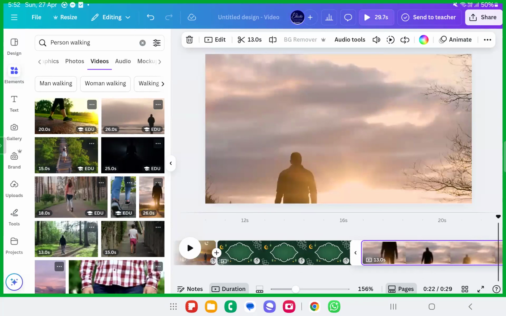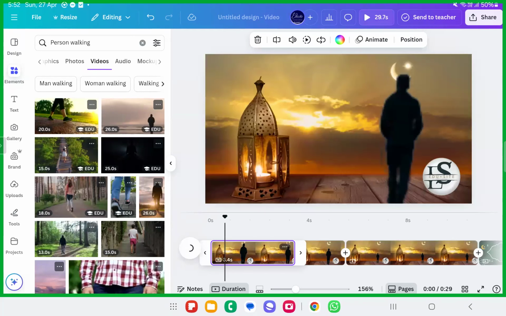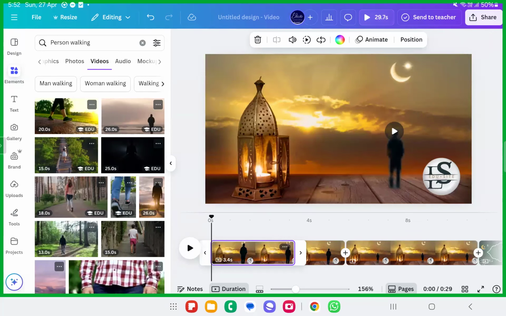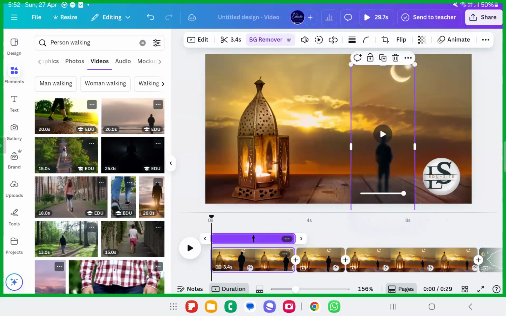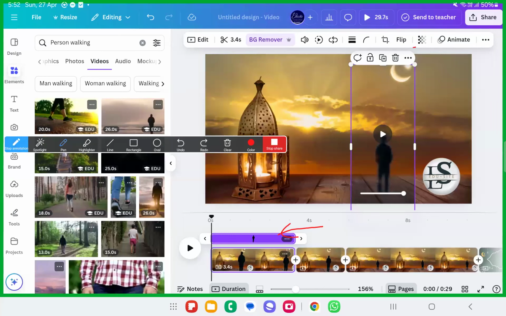Fine? Okay. Now, how to set the timings of the elements that you want to make appear onto the screen. For example, there is this person here, right? I want him not to appear for the first 5 seconds. I want him to appear after 5 seconds. How to set the timings of this person? If you are with a cell phone, you just need to click on that video, click on the 3-dot button. Whatever element you place, if you place this logo also or whatever you place on the screen, you just have to click on the 3-dot button.